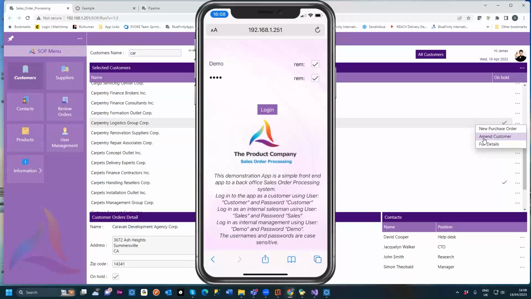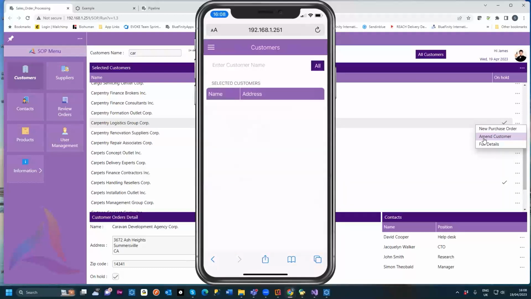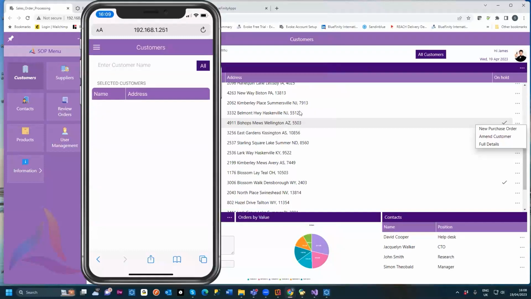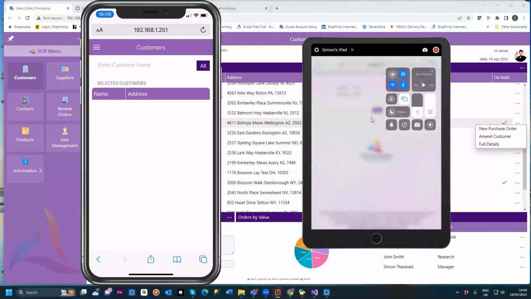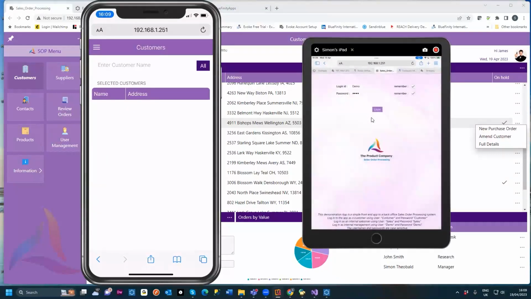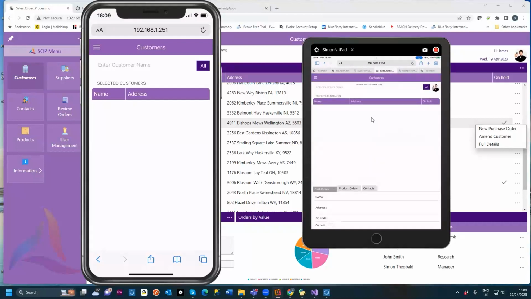It hasn't quite brought up the tablet yet, but I should be able to log in on the phone, and I should also be able to now bring up the tablet, which it's letting me do. It's brought up the tablet. So there we go. If we log in on these devices, we can then put exactly the same information into these as we did